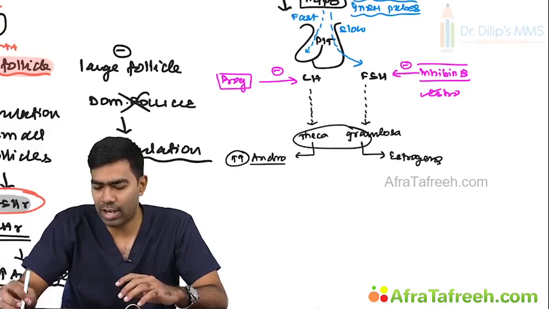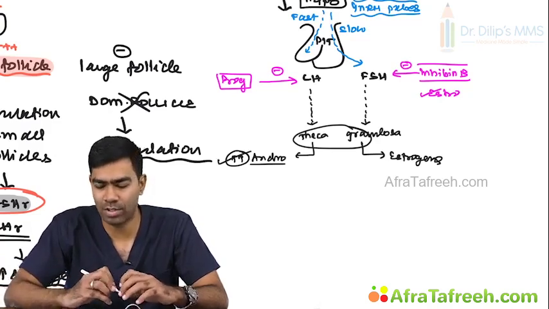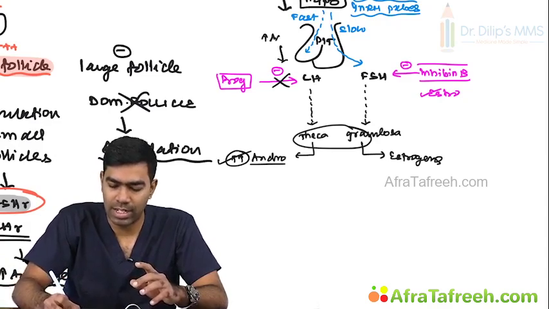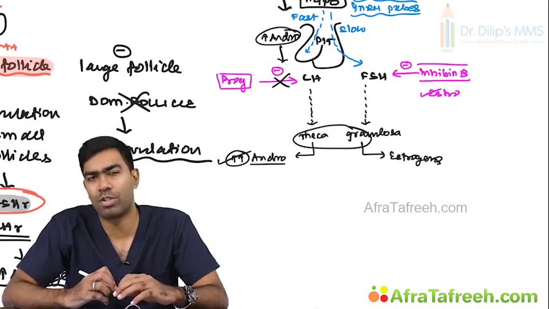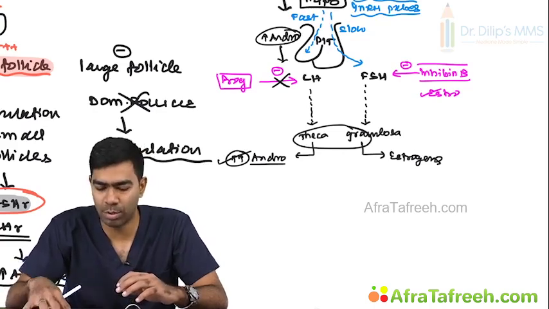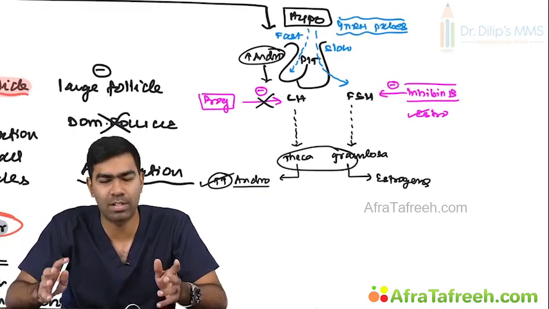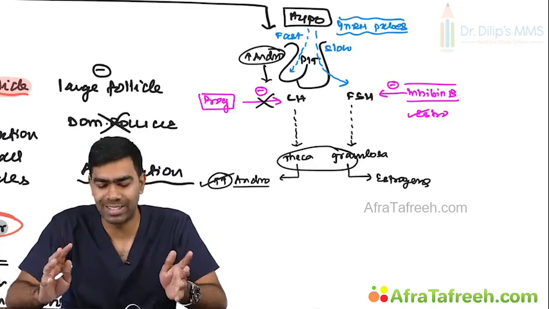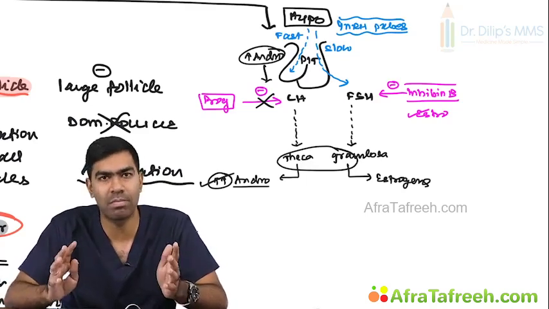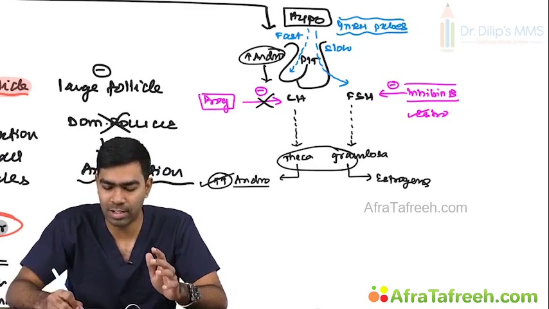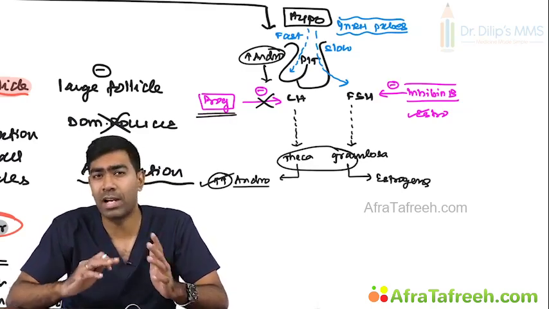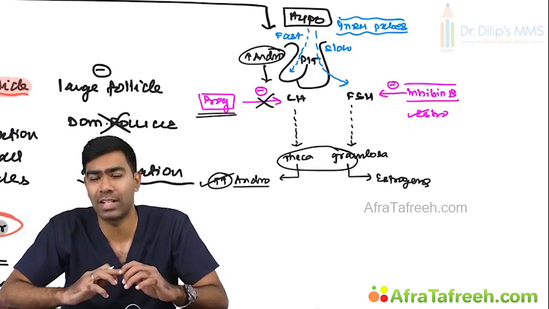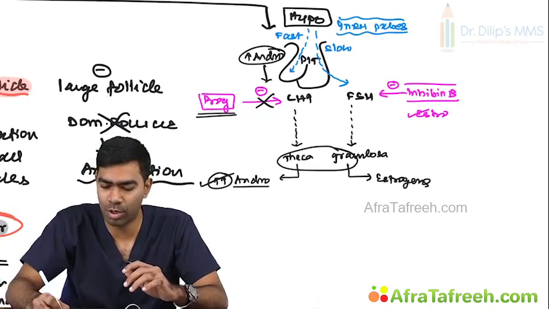Clear? So what do these androgens do? If they produce excessive androgens, these excessive androgens will actually disrupt the feedback that is given by progesterone on LH production, which means progesterone tends to inhibit the faster pulses of GnRH at the hypothalamic level itself. But this disruption of the feedback mechanism by the excessive androgens will result in progesterone becoming unable to give feedback to the hypothalamus as well as the pituitary, which means there will be more production of